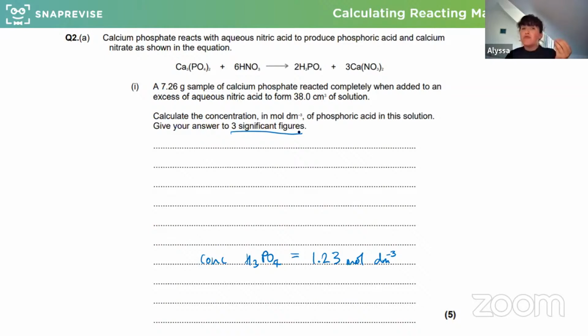They may say give it to an appropriate number of significant figures, which would be mean, but they can do that. If they do, then look at how many significant figures have been given in the question. And actually, you have to take the fewest number of significant figures given, and that is as many as you can give. So in this case, both those numbers are given to 3 significant figures, so that would make sense for us to give our answer to 3 significant figures, but it's always worth checking, especially if they ask you for an appropriate number of significant figures, because then they're trying to trip us up.